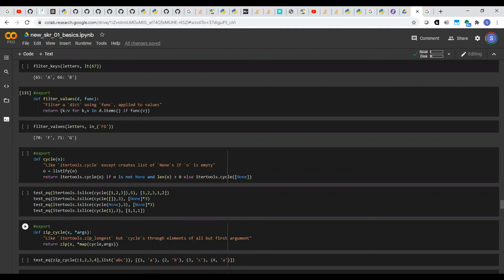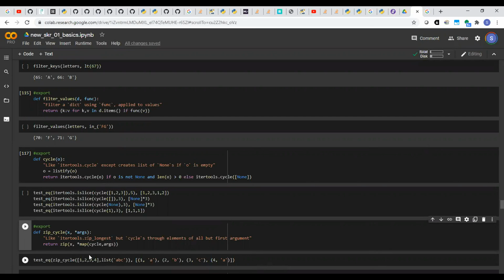For example, let's run these. If you look at this, it's a list of 4 elements and then ABC. Then zip cycle says